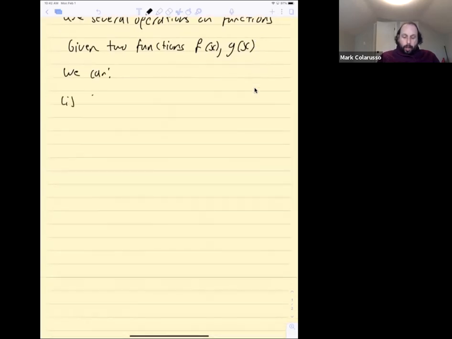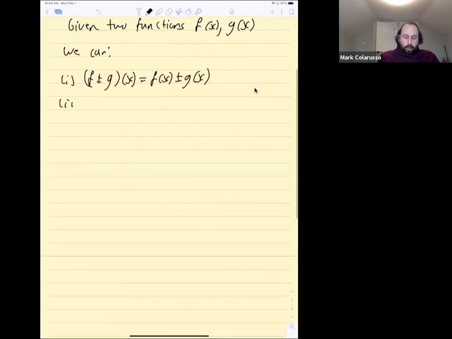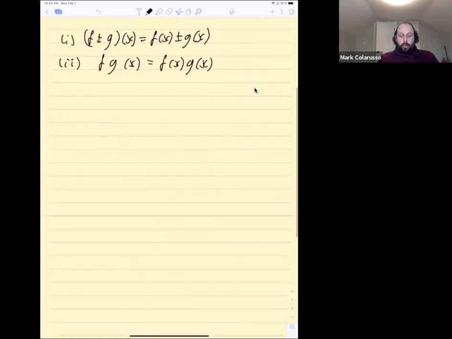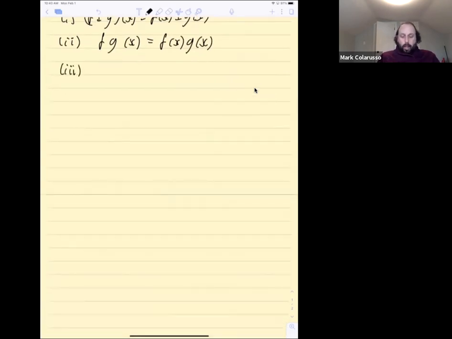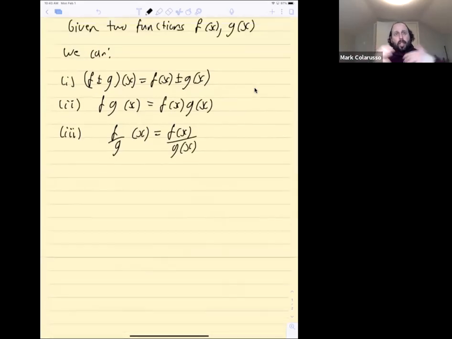We can add or subtract f and g by just adding or subtracting the outputs at each point x. We can multiply two functions by multiplying the outputs at each point x. And we can divide two functions by dividing the values of the functions at each point. And for each of these arithmetic operations,